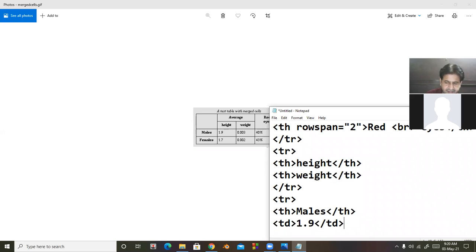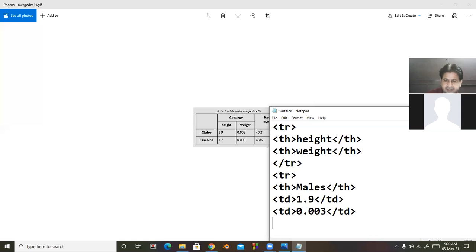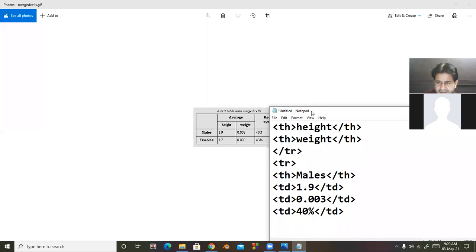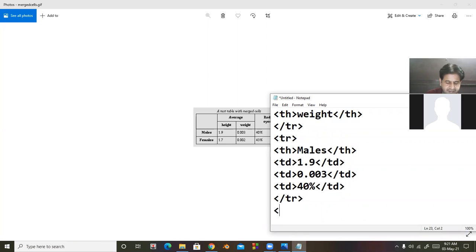Then TD closed. Then TD 0.003. TD closed. Then TD 40%. Then TD closed. Then the row is complete. So now I'm closing the TR and again start TR.